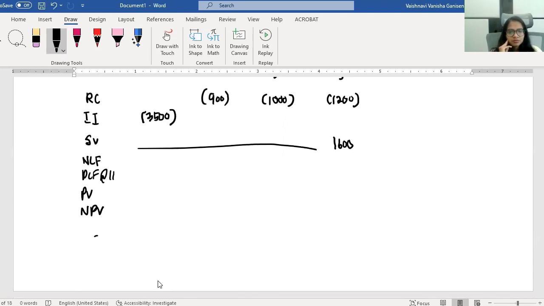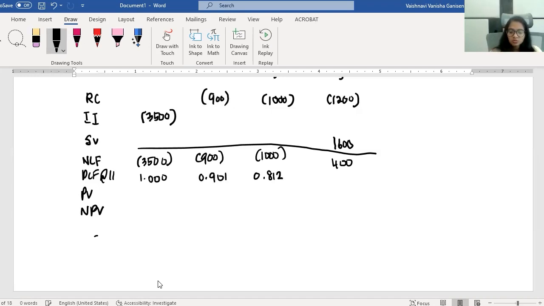Net cash flow 3,500, 900, 1,400, 1.000, 0.901, 0.812, 0.756, 0.731. Okay, so when I calculate the present value,